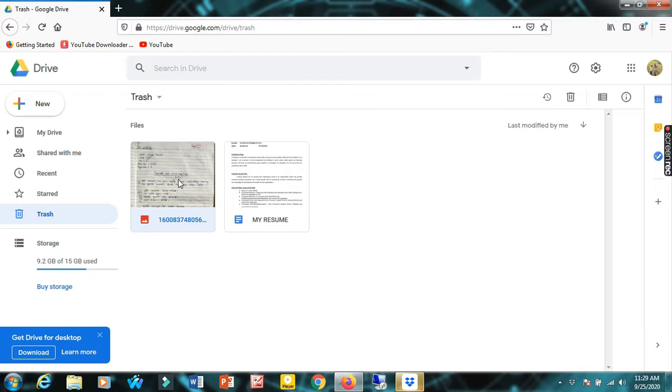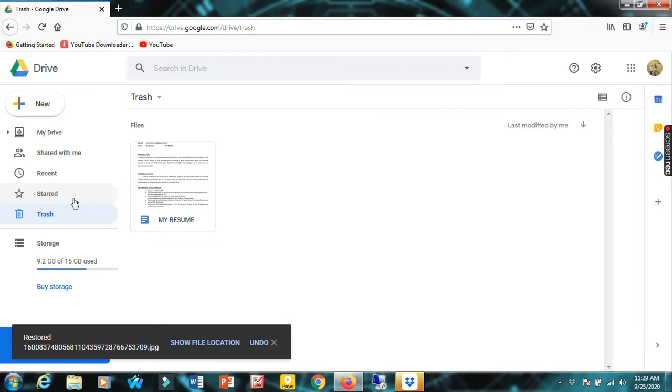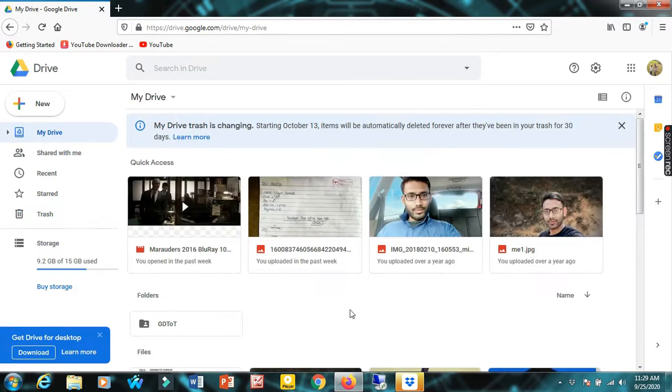And if you want to remove it from recycle bin also, then what you need to do is you need to just right click and then two of the options come, restore and delete forever. If you will delete forever, things will be vanished permanently, and if you want to restore it back, you can just click on to restore. Things will be again reverted and it will be present onto My Drive. Okay. So this is it. This is the feature. This is a free cloud service feature given by Google.